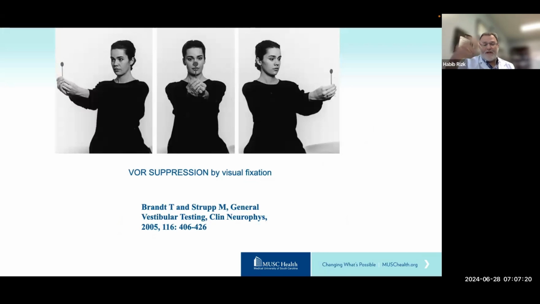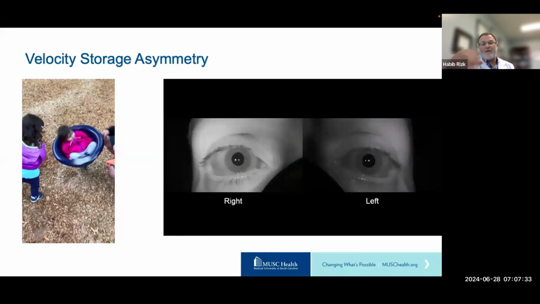We also have to remember that in order to function in real life and move and track objects, we have to suppress our vestibular ocular reflex. If we cannot suppress it, we cannot track moving targets. And we also have to remember that the inner ear codes not for a position sense, but more for a speed and velocity sense. And that velocity information that is coming from the utricle, macule, and semicircular canals is stored in the vestibular nuclei where it's integrated into a position sensation.